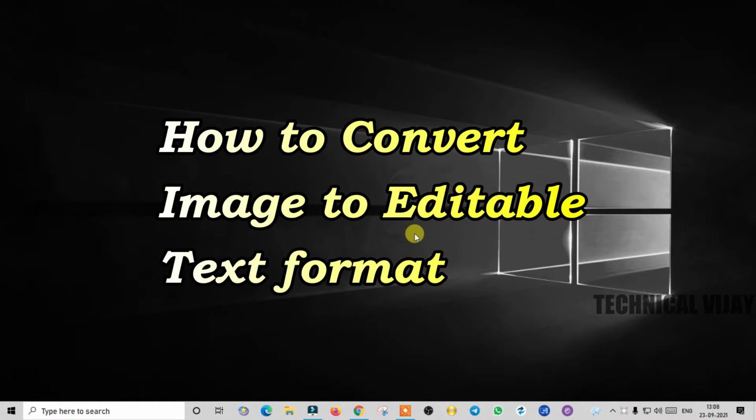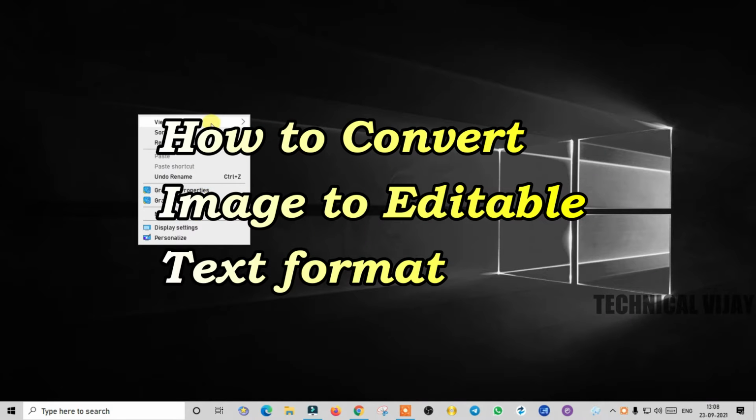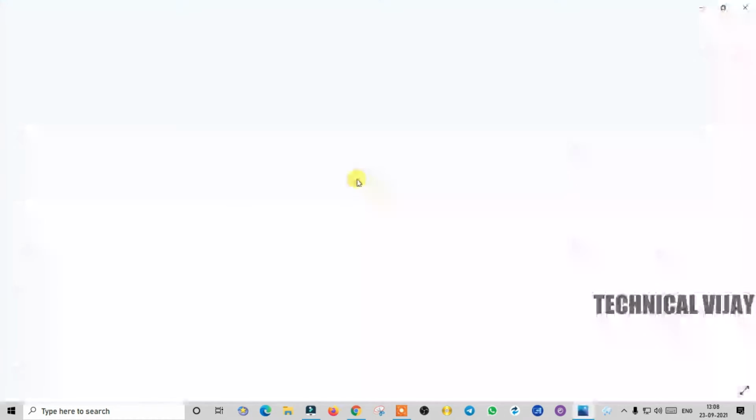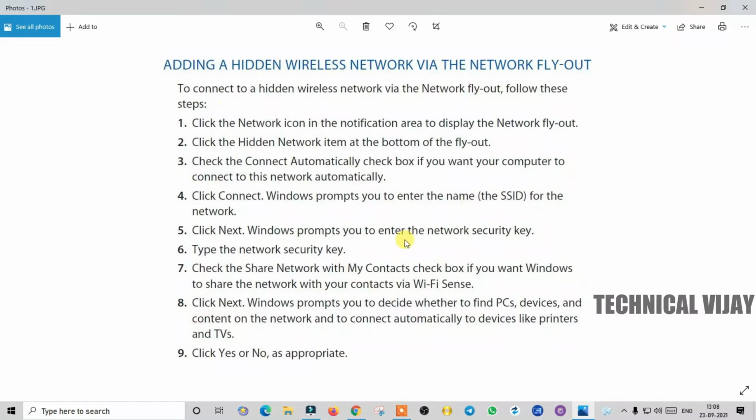Today we will see how to extract text from images using two methods. Let us see what those methods are. Suppose you have an image like this one, which has some content. I want to edit this content, so I have to copy it, but it is in image form and cannot be copied. So we will copy it and use it in a text editor so that we can add to or edit the document. For that we have two methods.